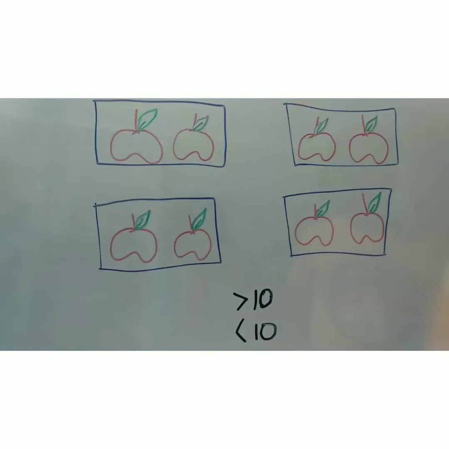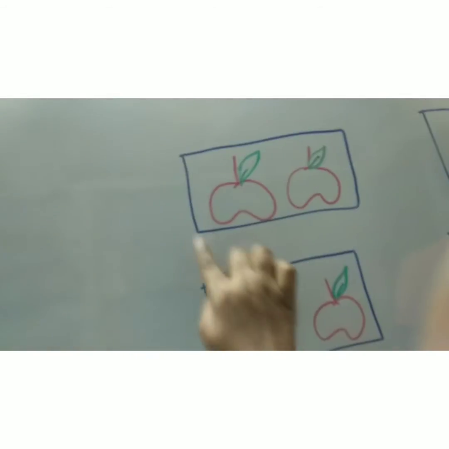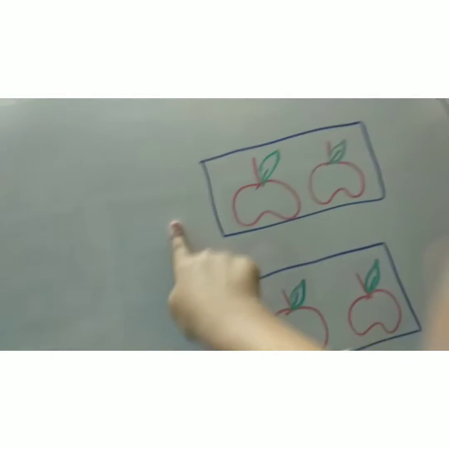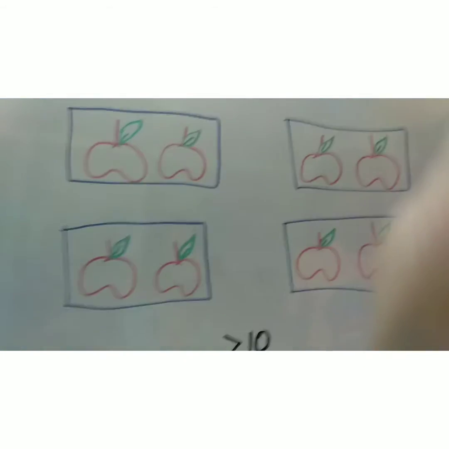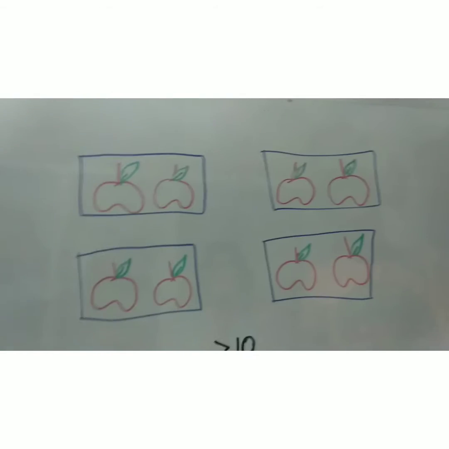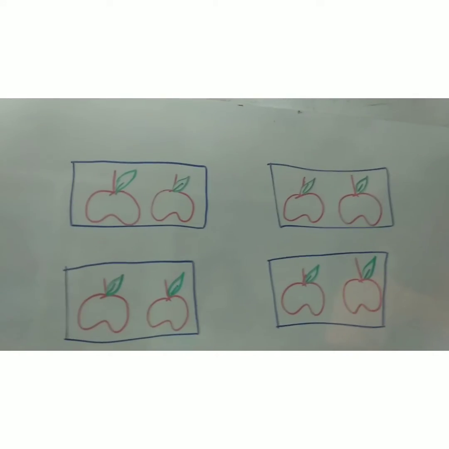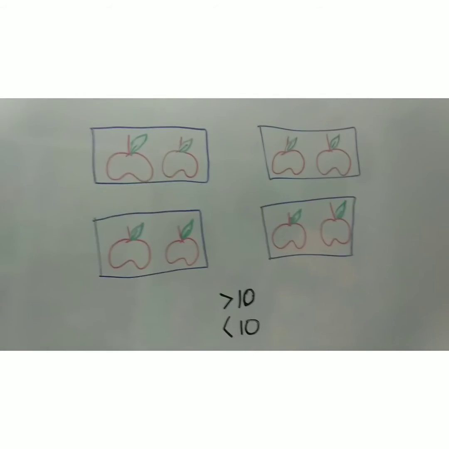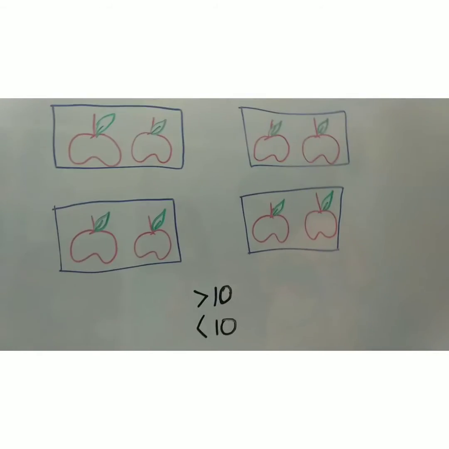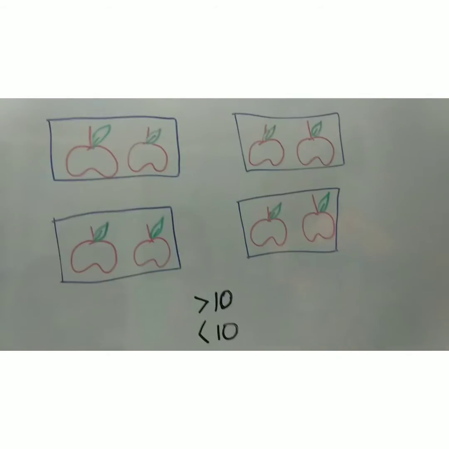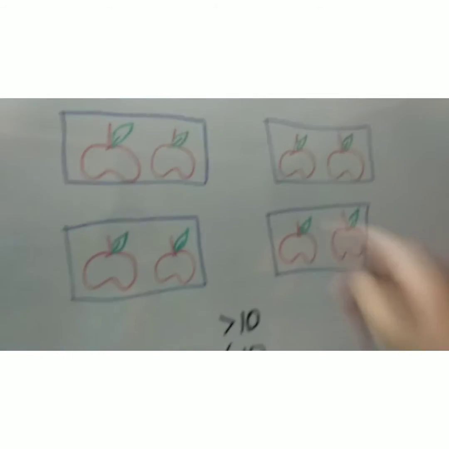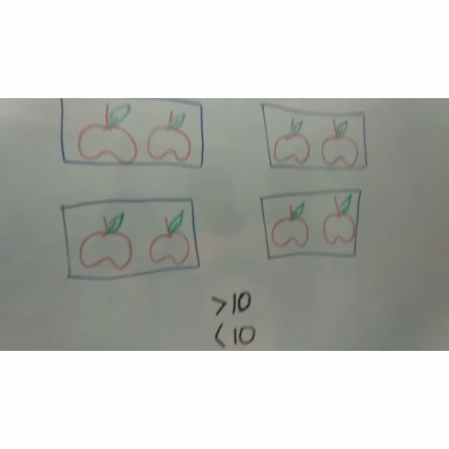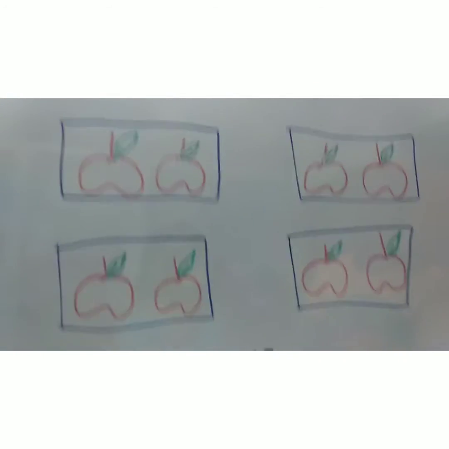Let's count. There are 2 pairs in first row. There are 2 pairs in the second row. So, there are total 4 pairs consisting 2 apples in each pair. So, tell me students, how many total apples are there on the board? 4 pairs containing 2 apples each. That is equal to 8 apples.